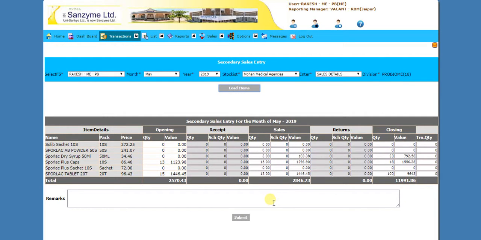An ME should enter secondary sales and closing stock details for all the stockists under his coverage without fail. The end date to submit all the details is the 5th of every